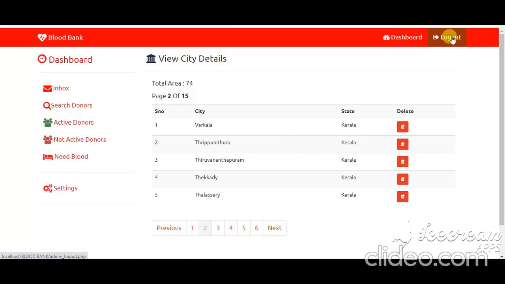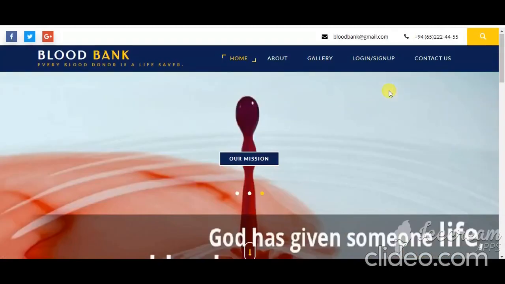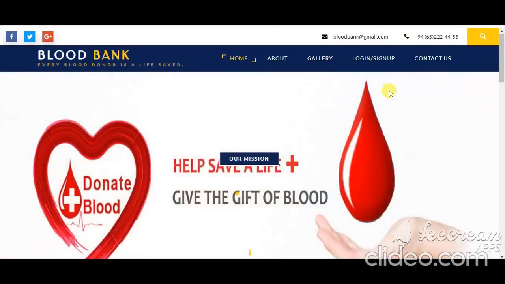Now click on the logout button. So this is all about the Blood Bank web application. Thank you.